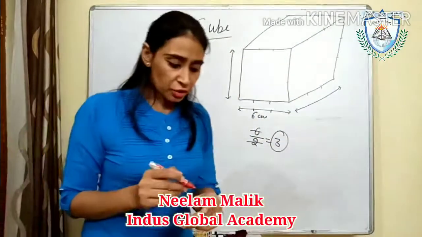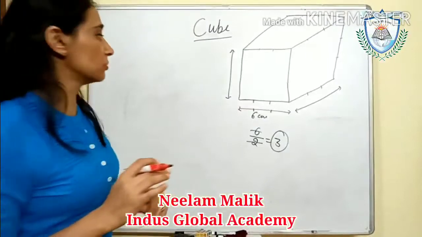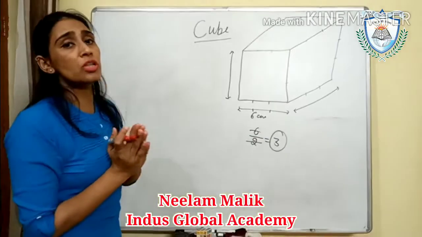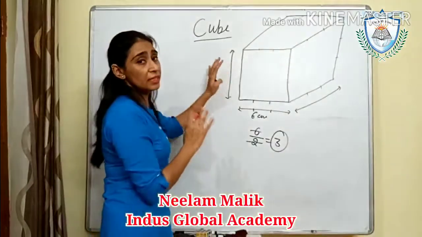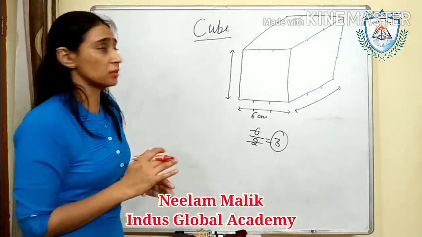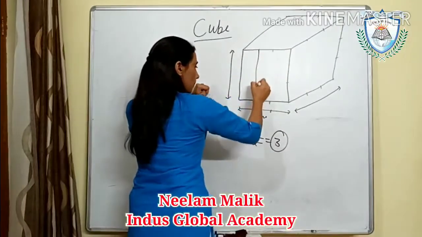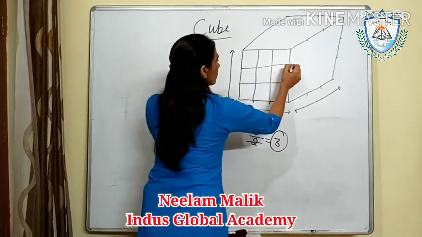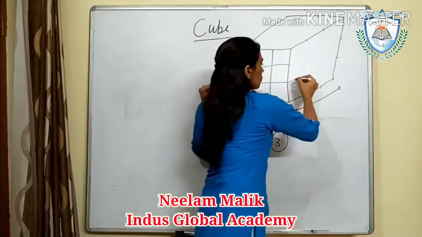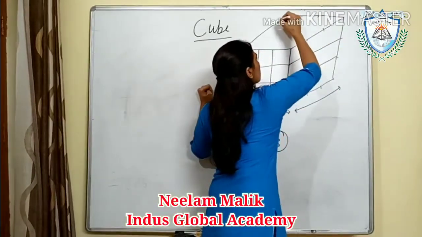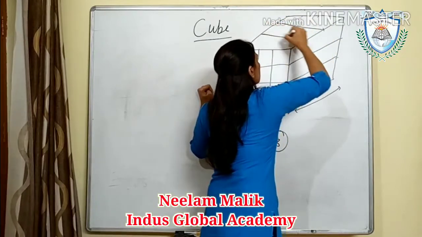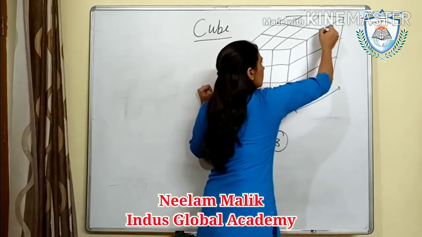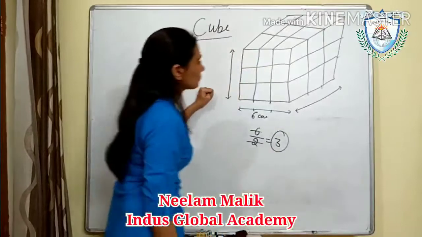This is a 3D object in which 3 sides are hidden to us and 3 are visible. So in cubes we also have to do some imagination, because for the sides that are not visible to us, we have to imagine. So first cut this. Now here also this, and it will come here like this.